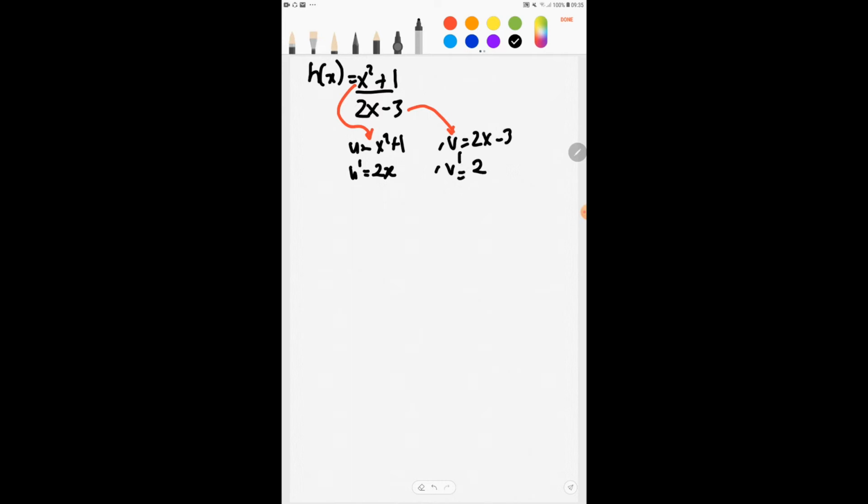Since h(x) is in terms of the quotient rule, we need to write h prime(x) by using the formula for the quotient rule: v u prime minus u v prime divided by v squared. Every time you need to write this formula, even though you have done the same types of example 400 times or more, you must write that formula. After that we are going to substitute the u, v, u prime and v prime. So if we substitute here, we get (2x minus 3), the v, times u prime, which is 2x, minus, from the u v prime here,